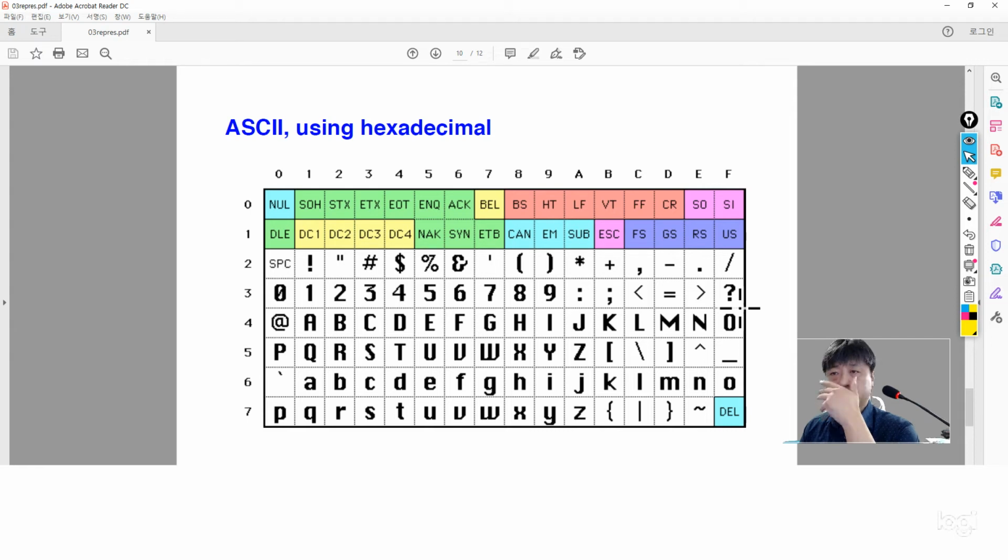ASCII characters. So back in the old days when the computers were built, there were no Korean characters; they used pretty much what you see on your keyboard. So you have letters on your keyboard, and of course you can switch to Korean characters, but if you